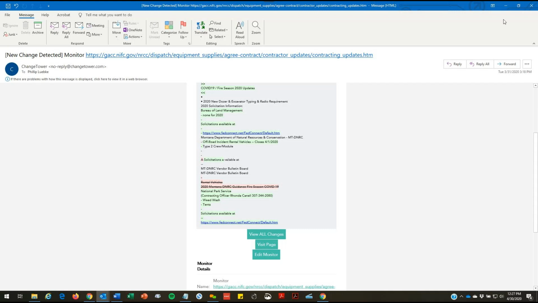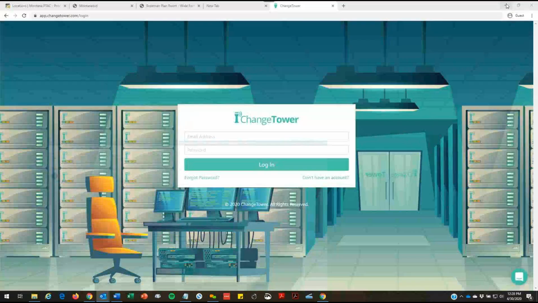So this can be used if, let's say, you're interested in monitoring an opportunity page at a county or a city, but you don't want to go and visit the website every day, but you'd like to know when changes have been made. You can set up one of these website monitoring services and it'll email you when changes are made. So it saves you some time. Change Tower only allows you, I think, to monitor 3 for free before you have to subscribe. But